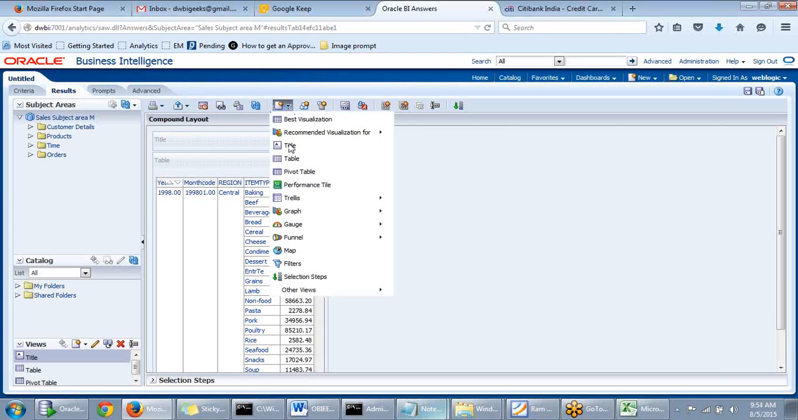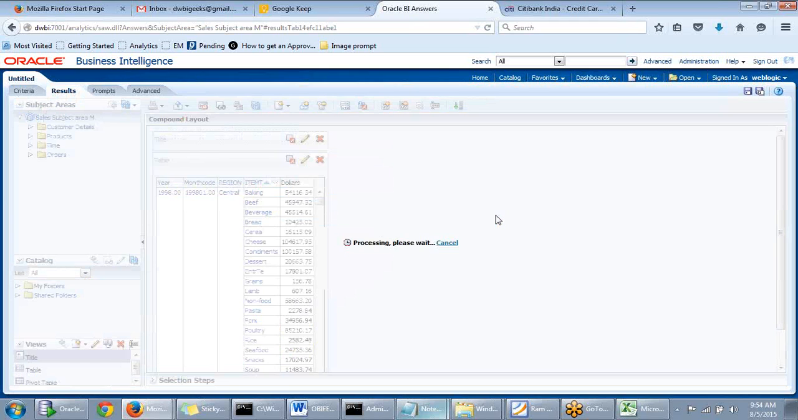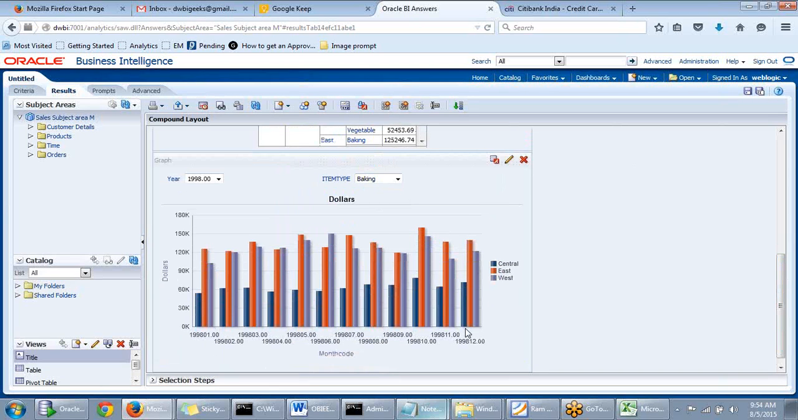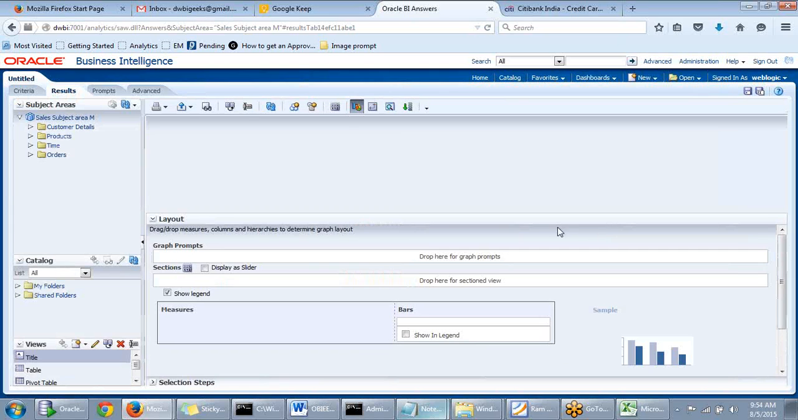Let me develop some graph for this particular report. Okay, this is nothing but graph view, but the main feature in OBI is that whatever options we have here, the values will get changed dynamically. Here on the y-axis it's taking dollars, and on the x-axis it is taking month code, but I don't want month code. If you want to edit that, just click on this edit button,